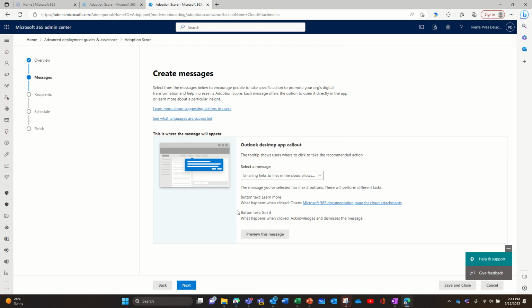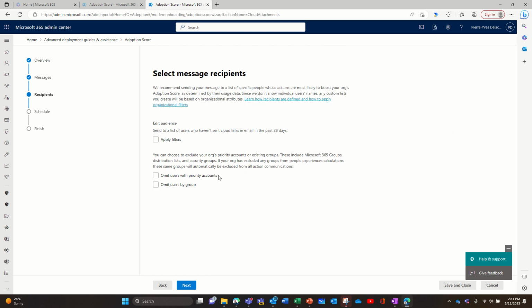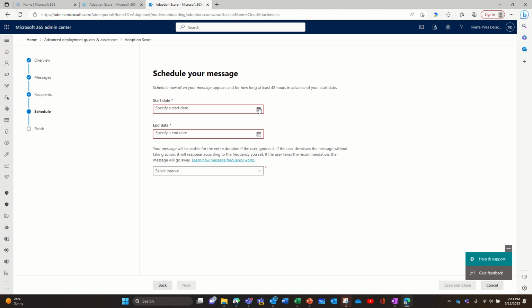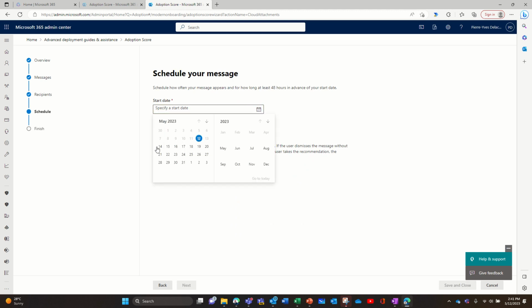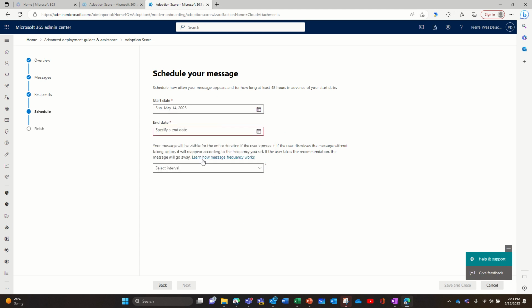So I'm going to click next, and same thing, I can apply filters, I can omit users and make groups, so I'm not going to apply any filters here. I can specify a date, so I cannot do it for today. Apparently I cannot do it on the weekend. Oh, yes, I can. Not on Saturday.